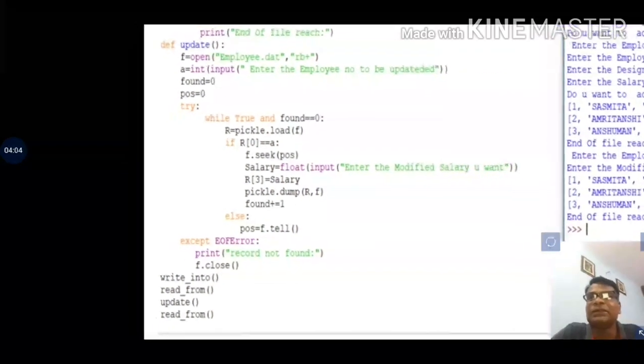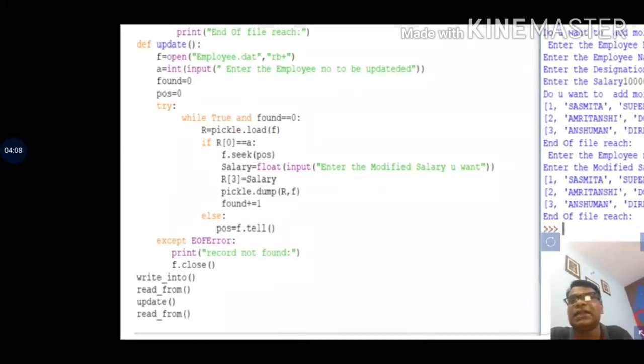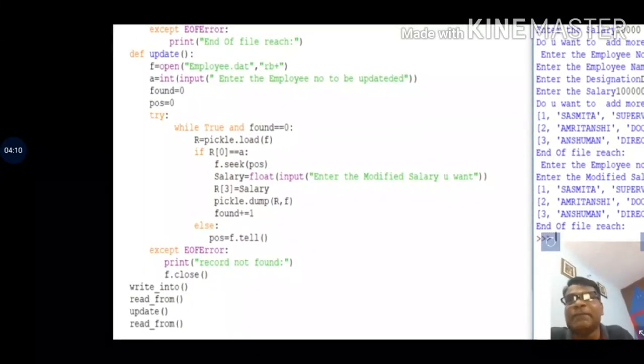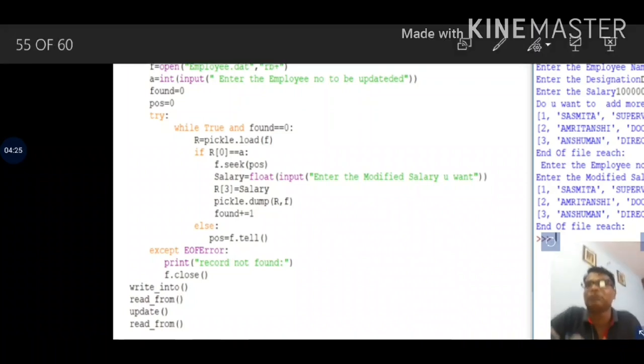Now which index is the salary? R of 3 index. So R of 3 equal to salary means the salary changes at that index. Now you dump those values, changing the value in the database. If the first record does not match, found is equal to found plus 1 and the loop continues.